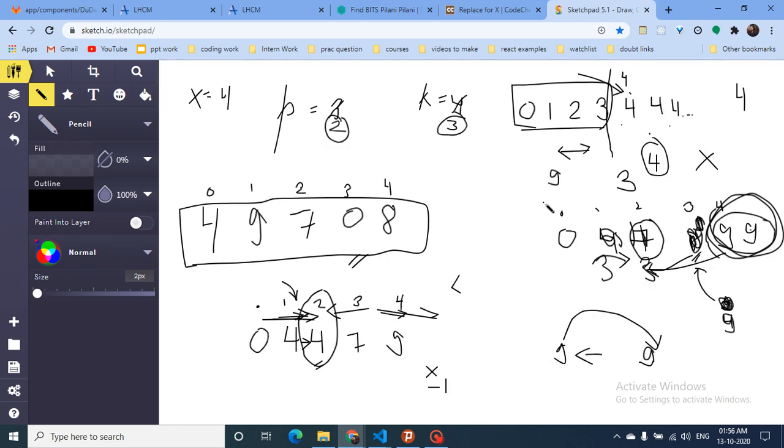So this is the first case: if my k is on the other side and p is on the other side, where p is the position I want and k is the position I can replace, then it is impossible, or -1.